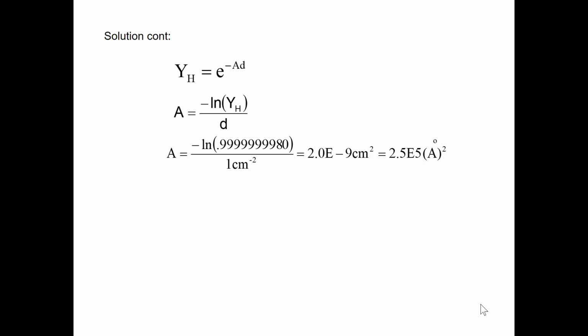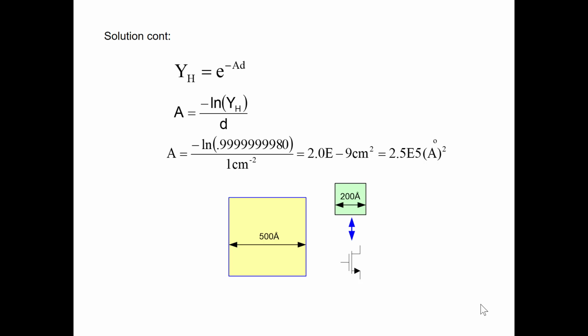And the area that we have then for Six Sigma performance is going to be 2.5 E-fifth, so 250,000 square angstroms. A die area of 250,000 square angstroms. Is that a big die? Well, we're not usually looking at square angstroms. It would be an area equivalent to that yellow box there, 500 angstroms by 500 angstroms. And of course, you have to have bounding areas around it, so maybe it's somewhere around 20 angstroms on it.